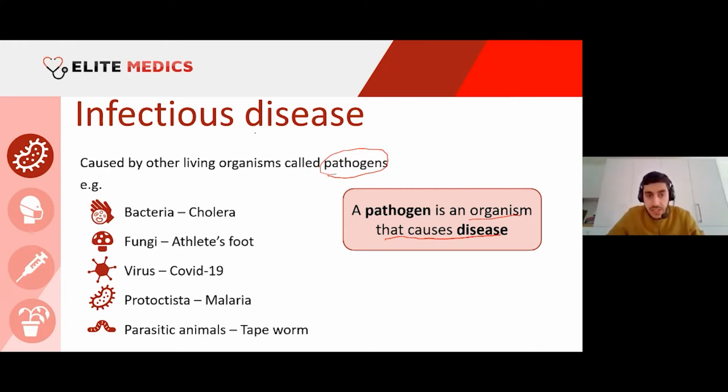So some examples of infectious diseases. Bacteria, so cholera. Cholera was a really, really bad kind of waterborne disease. We don't see it very often, but it was passed on in drinking water. But since the 20th century, we started to clean water with chlorine. So we have small amounts of chlorine in our drinking water, and that helps to kill the cholera, but it's not very harmful to us in small amounts, so that's fine. So that's a communicable disease because it used to spread through water and it was easy to be passed on